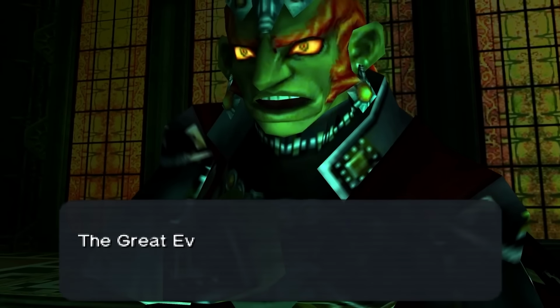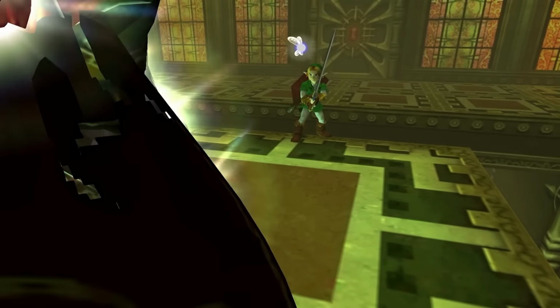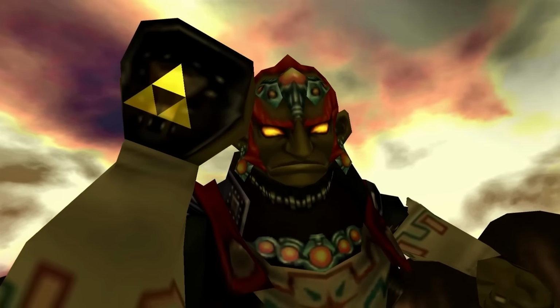Again. Of course, Link is able to defeat Ganondorf, which he did not predict, who tries to bring the castle down on top of Link and Zelda in another attempt to kill them. When this fails, Ganondorf, who I guess was still not dead, calls upon the Triforce of Power to transform into